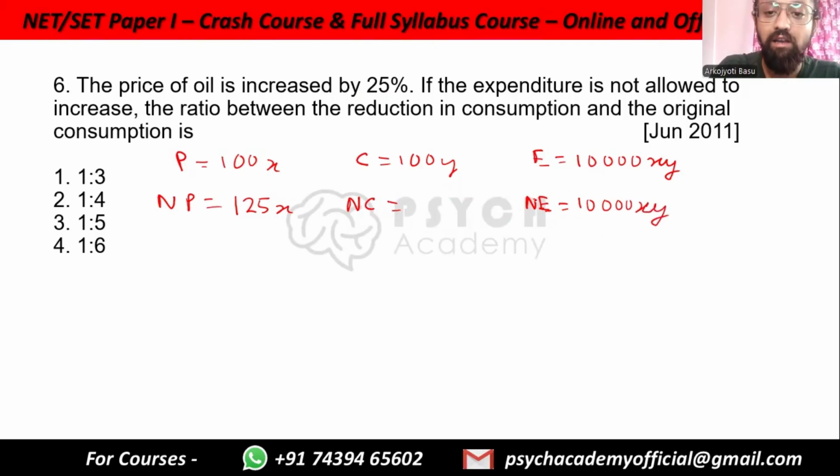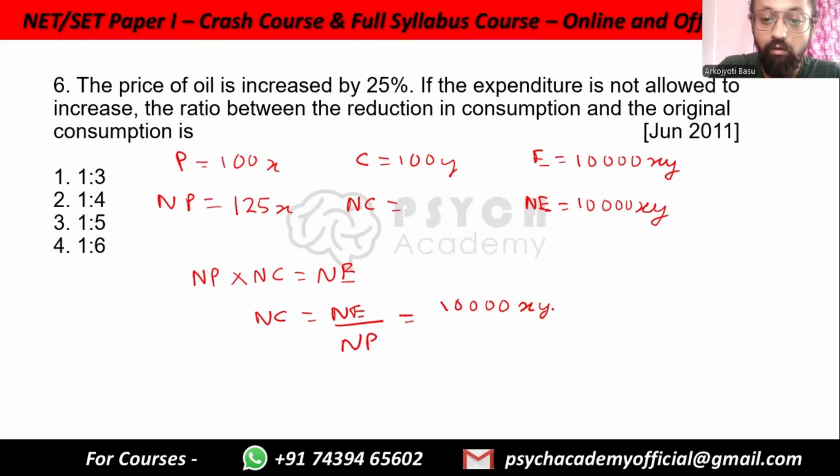So how do we get expenditure? We multiply price by consumption, so same like that. So we get NP into NC is equal to NE. Last time we were given the consumption, we had to find out expenditure. Right now we are given the expenditure, we have to find the consumption. So this means the same as NC is equal to NE by NP, which is